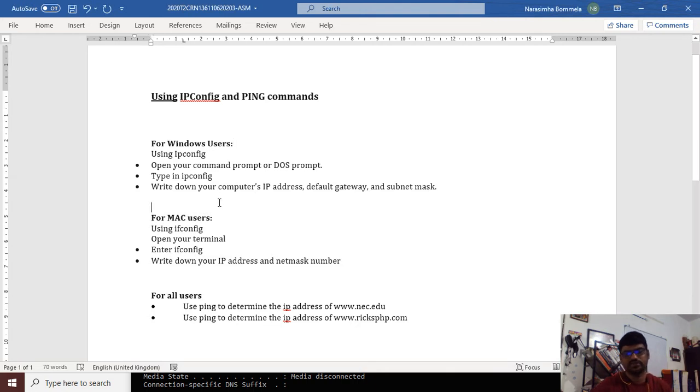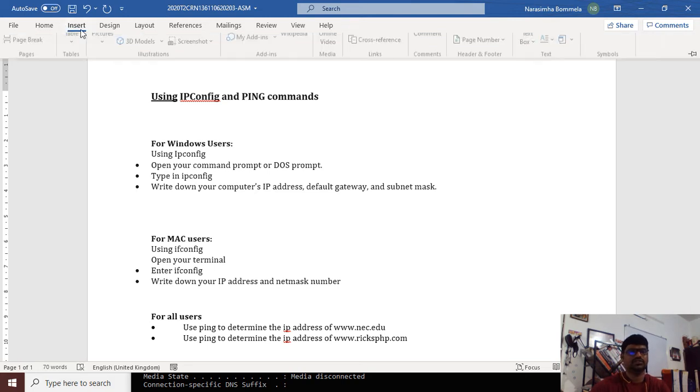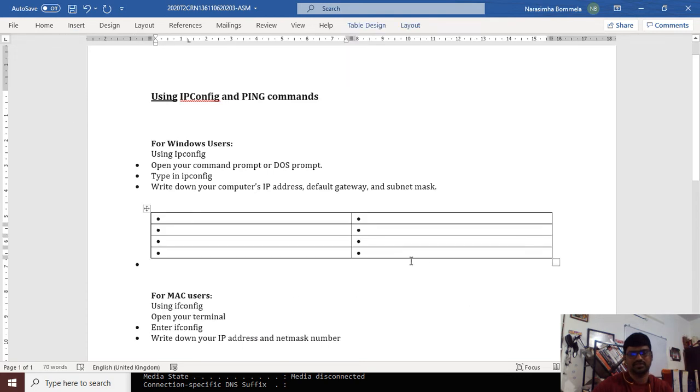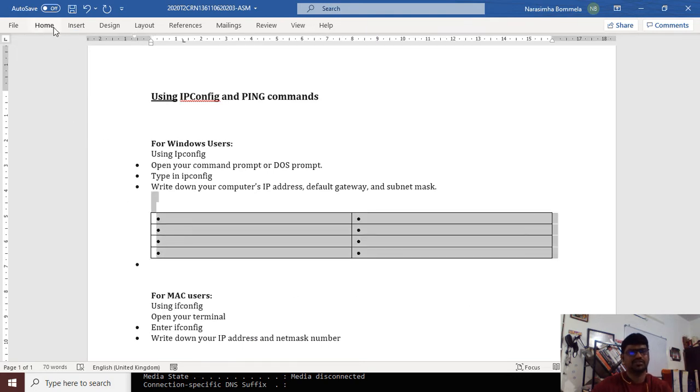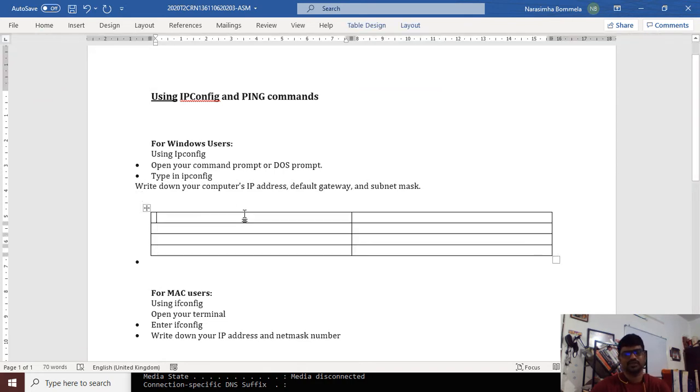Just create a small table, vertically or horizontally. I don't want any bullets, I will be including them in a table with content and value. What do we need?